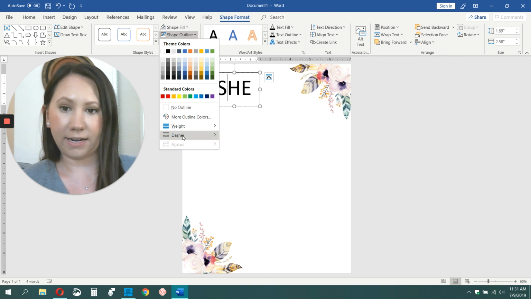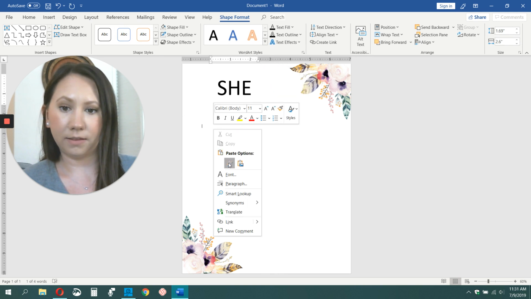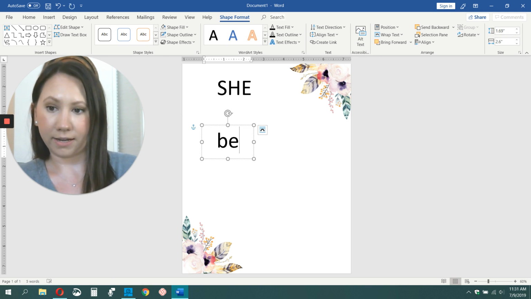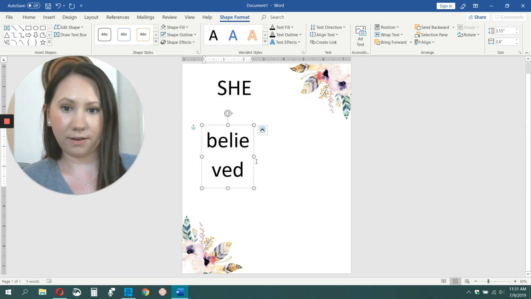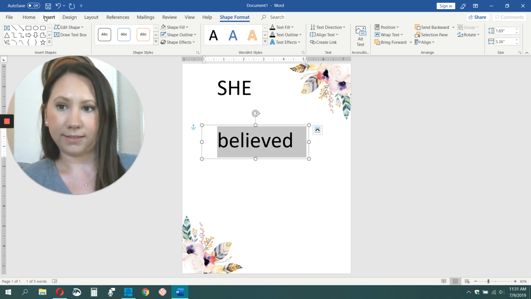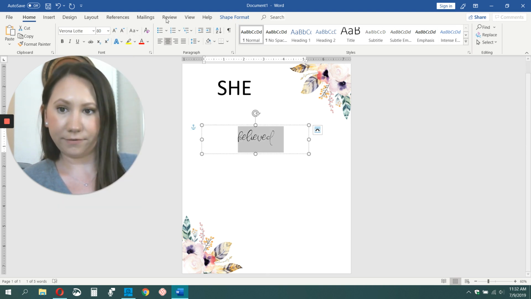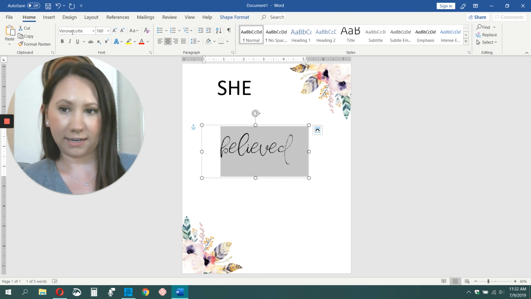So the shape outline, and then we're going to hit no outline. And then I will copy and paste. And I'm going to put my next word in, which is believed, and make this bigger. And I'm going to change out the text here to my favorite text. The only thing with this little text here,